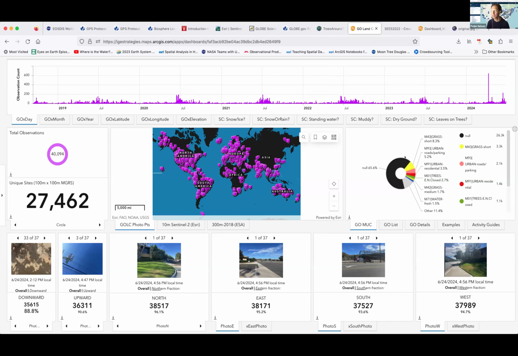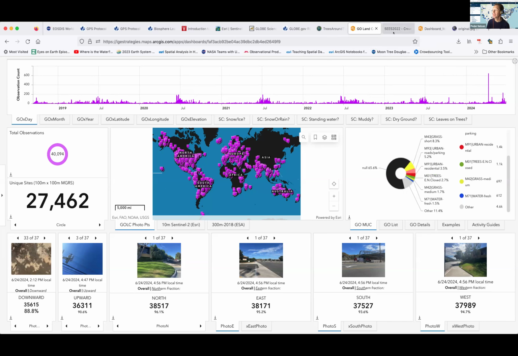And so this presents a particular challenge for us. Because we're seeing that most people are taking photos in trees that are closed canopy. Well, that's good. But there are other locations and types of trees out there that are not evergreen, and we'd like to get more examples of those here.